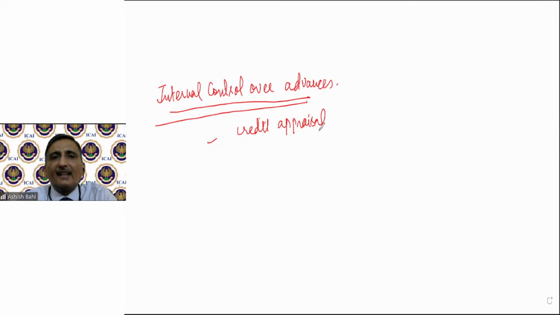Say a question comes in the exam, what would you see in relation to internal control over advances? State any 4 points. Say this type of question. It is not going to be as simple as that. Say if I formulate this question, I make this question application based. I give you a situation, and you would have to analyze that these points relate to internal control.